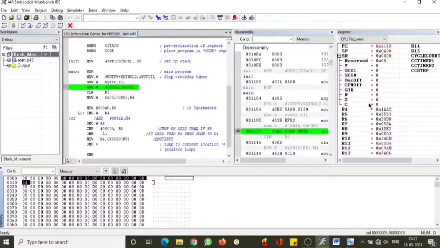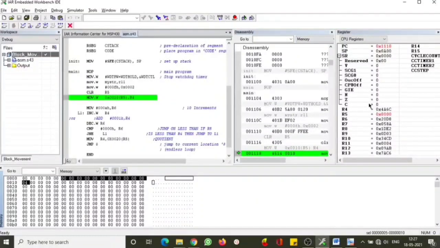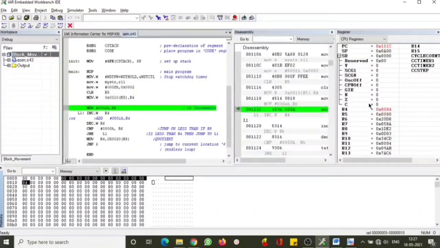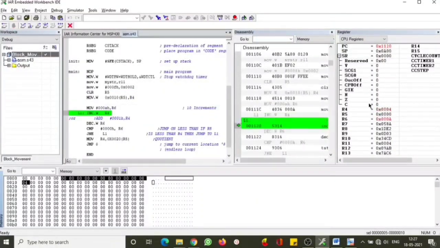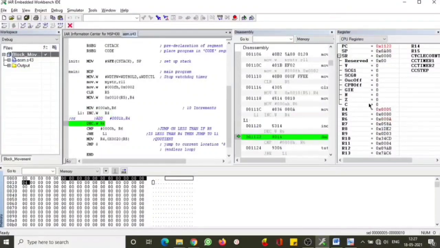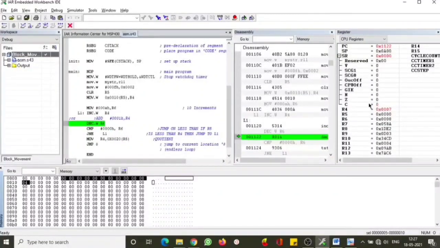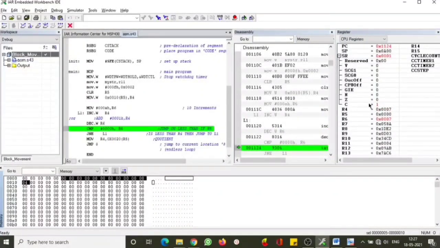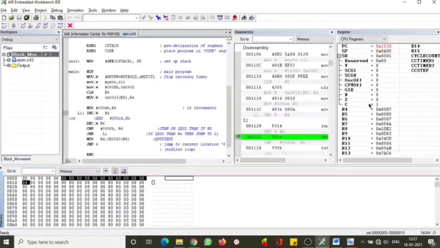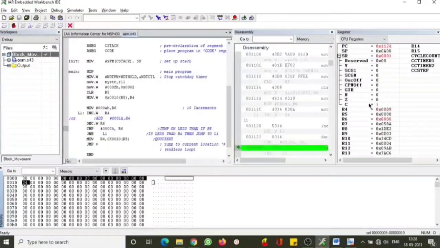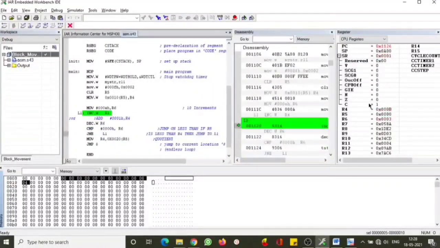Initially R4 is moved. So if you observe, R5 is cleared, R4 gets the value of 4, and R6 gets the value of A, because it is supposed to count. And it will increment R4. Once it is incremented, it becomes 5, it decrements R6, and will compare and move back, increment and decrement R6. Observe, every time we are able to see that it will increment R4 and decrement R6 by one value till the time R6 becomes 0.